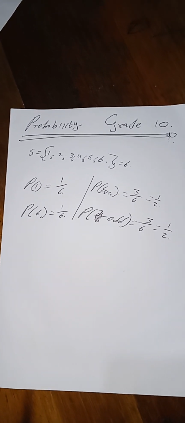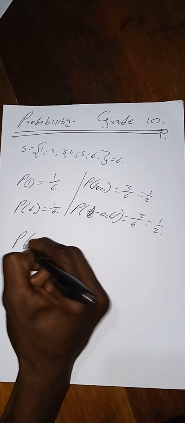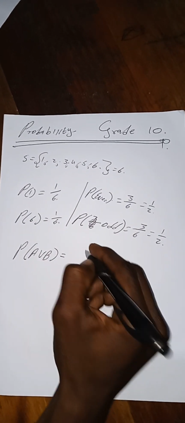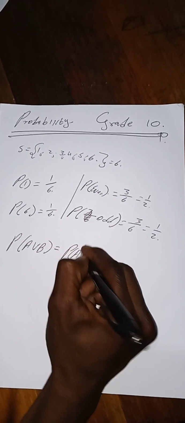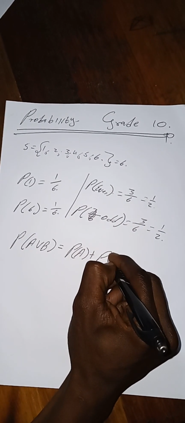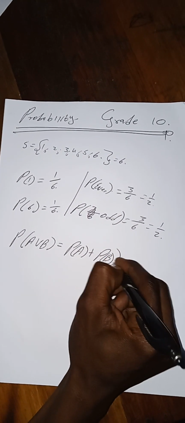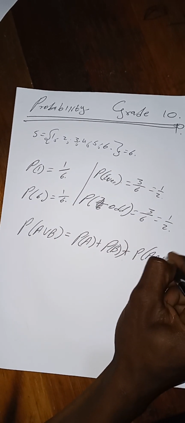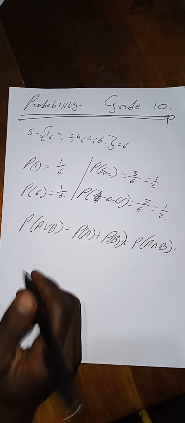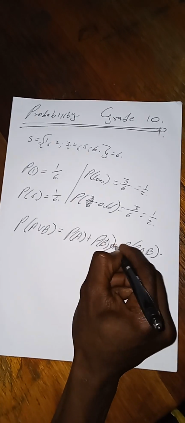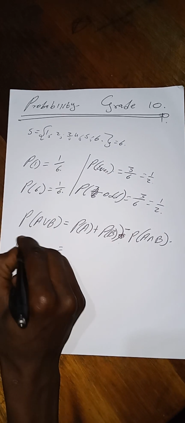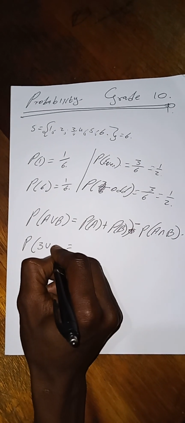Then you are going to use the addition rule, where the probability of event A or event B is equal to the probability of event A plus the probability of event B minus the probability of event A and B at the same time. It is subtraction here, subtraction. Therefore, for the probability of getting 3 or 4,